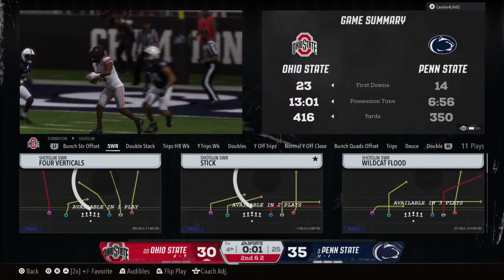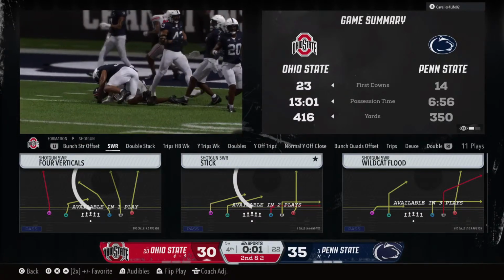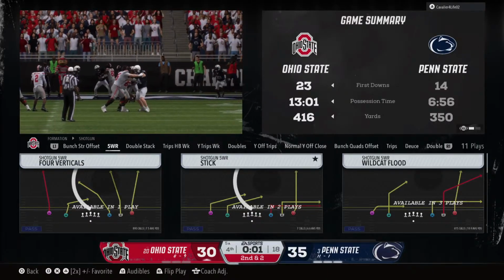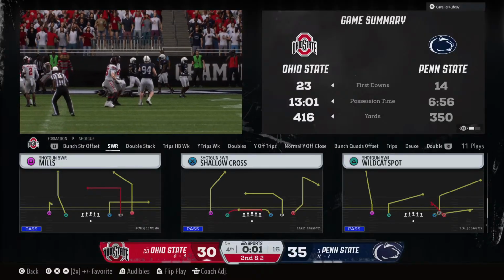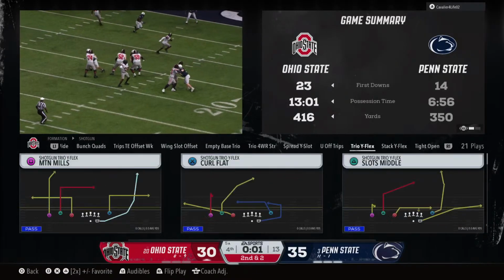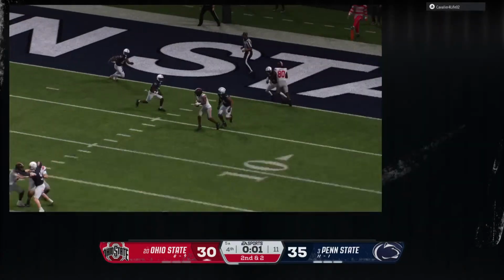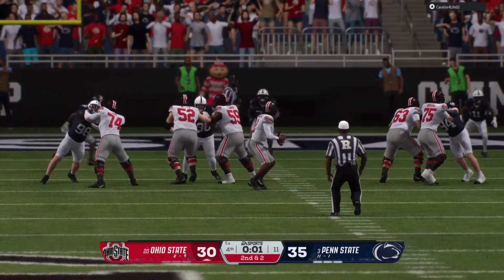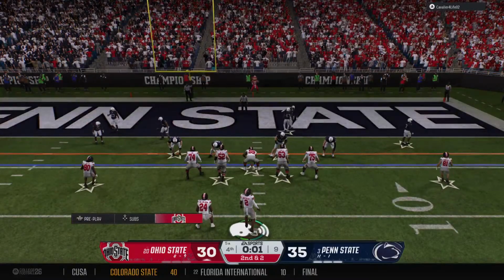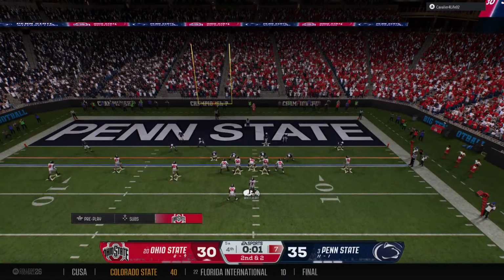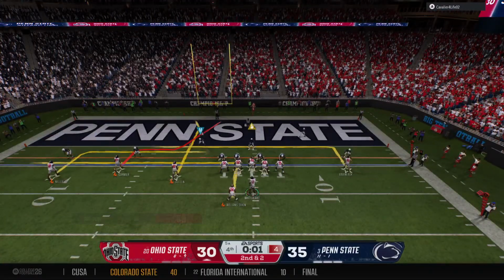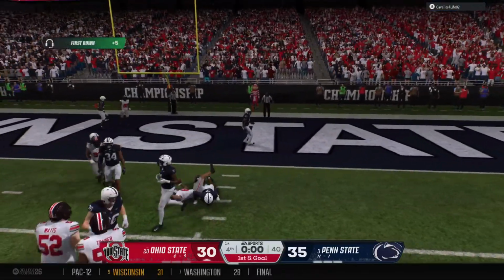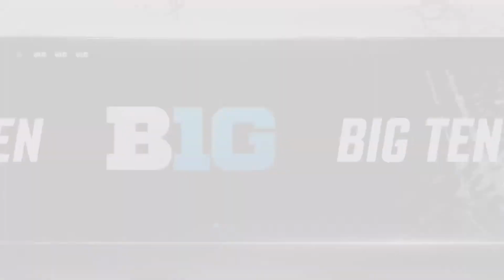And a timeout is taken with just 1 second remaining in the game. Second down now. Every play important down here in the red zone. Quarterback drops back. That pass is caught. They get him down, and that's how this game will end.